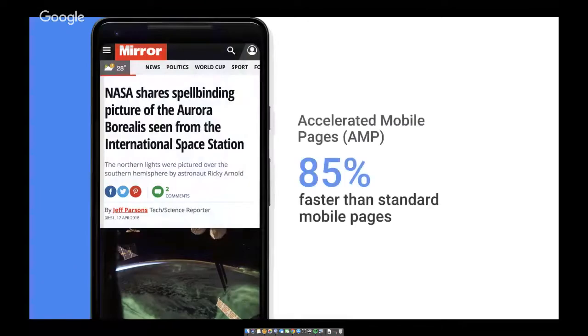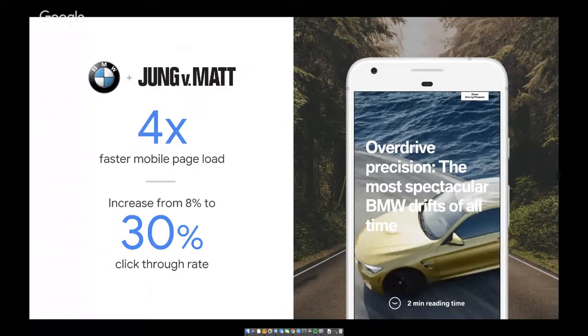Yes. And here you can see what I already told you 5 slides ago, the accelerated mobile pages, the AMP. It's a new way to set up your mobile pages, and you see web pages that are 85% faster than standard mobile pages. So they're really focused on speed. And we also have information about this. Just approach your account strategist if you want more information on accelerated mobile pages and what is possible.